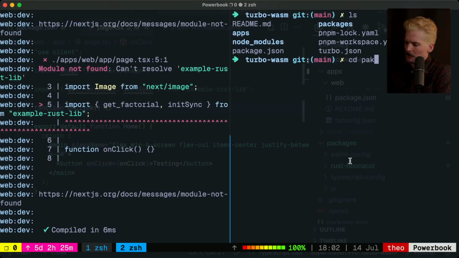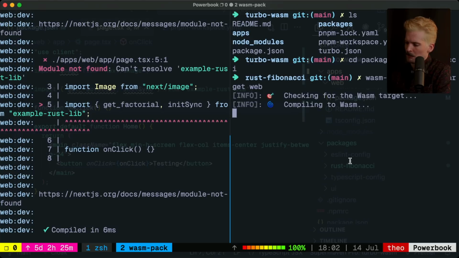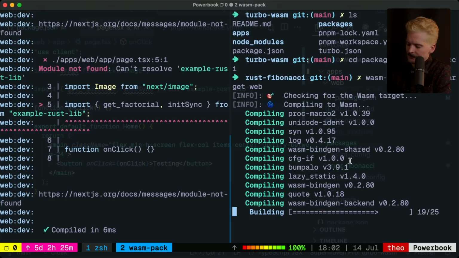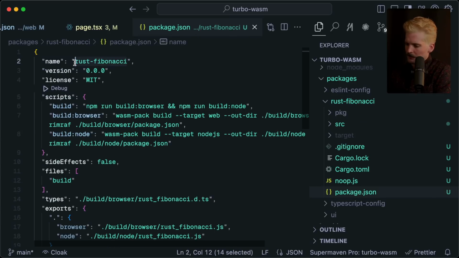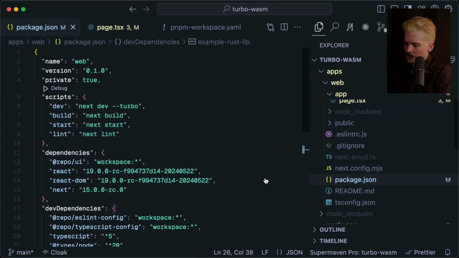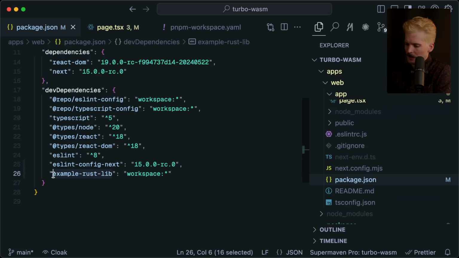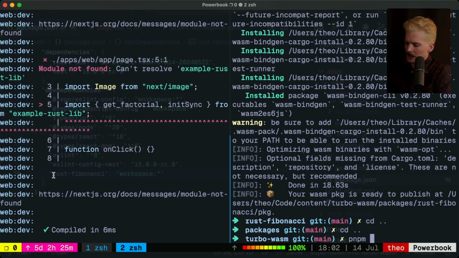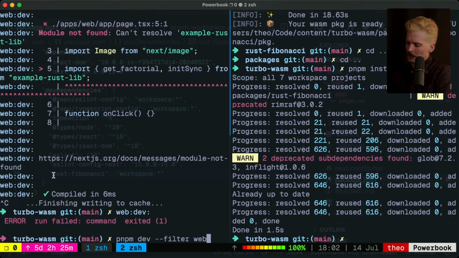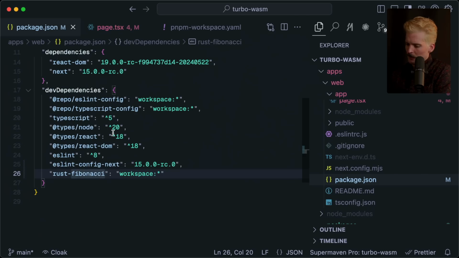%ls, yep, cd packages, Rust, Fibonacci, cargo, or no, it was a wasm-pack build. Theoretically, it should just be as simple as importing this now. So if we go back into the web app, we swap this to be example Rust Fibonacci, pnpm into cv root, pnpm install again, kill that while we're waiting, pnpm dev filter web, and theoretically,